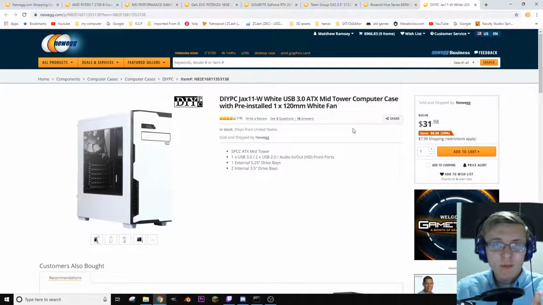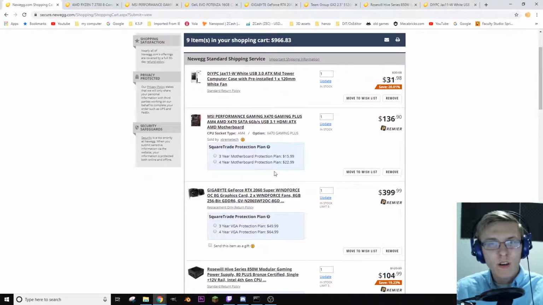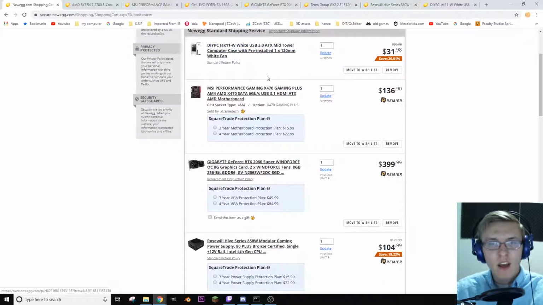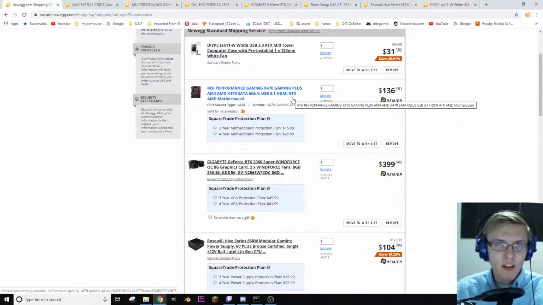This one isn't the cheapest one on Newegg, but it's pretty close to it and it looks kind of nice. So let's go ahead and just do a quick overview here. So case, just see how many brackets you have for your PCIe slots, make sure that that all fits there. And you can make sure that it's the right ATX. This is an ATX mid tower, so you want to make sure that that fits inside there. Then your motherboard here, again, you can match the ATX. Okay, you're fine. Is it a mid, micro,